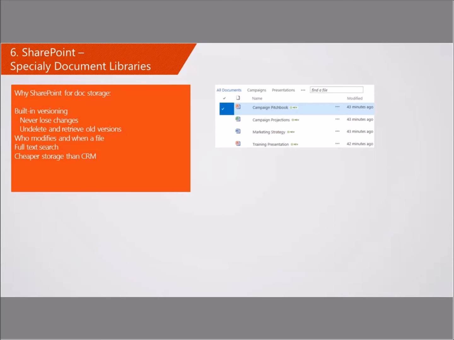And there's very little overhead. Each time there's a new version, I only store the delta behind the scenes, so it doesn't take up a lot of room to store many, many different versions. And I can always go back and find out who modified a file and when, and then go back to a previous version. So we'll never lose anything. If you're using the old legacy file share on a Windows box, definitely look at SharePoint, look into ditching that legacy file share.